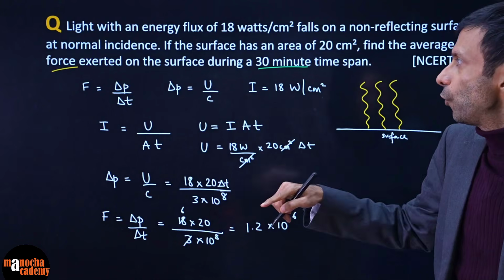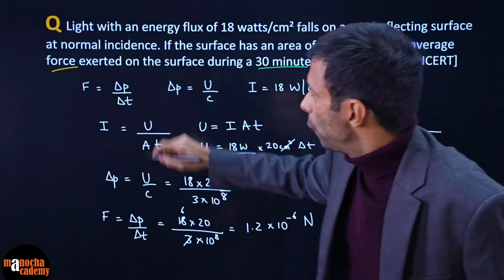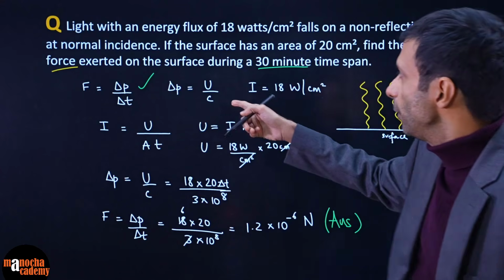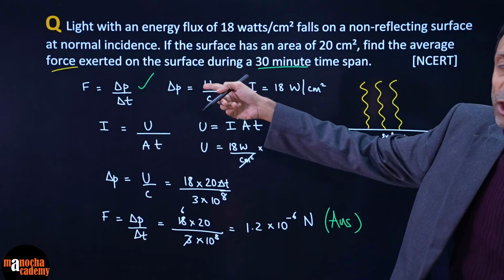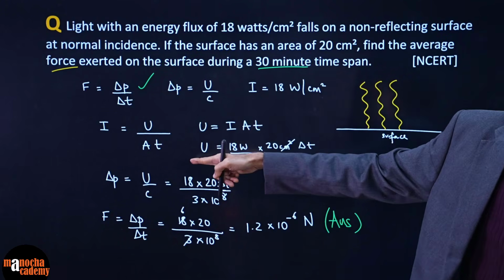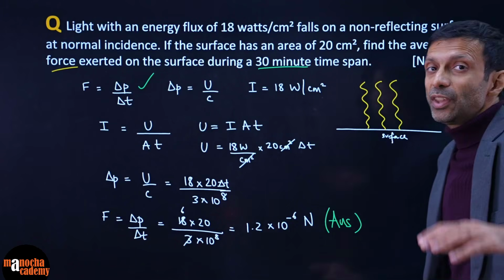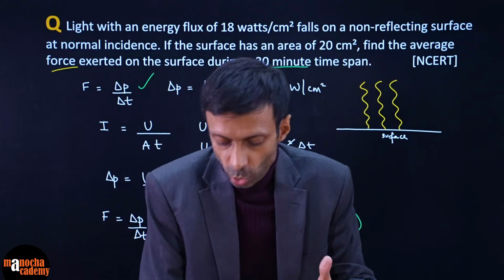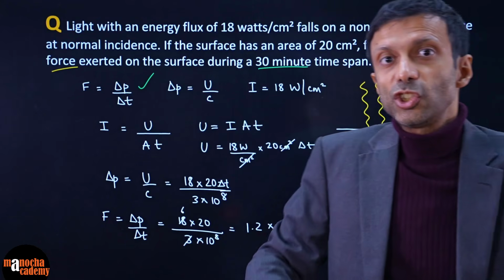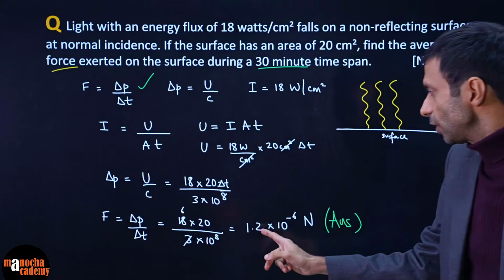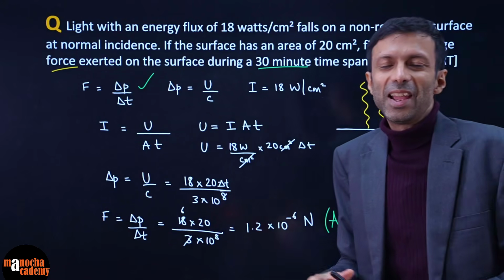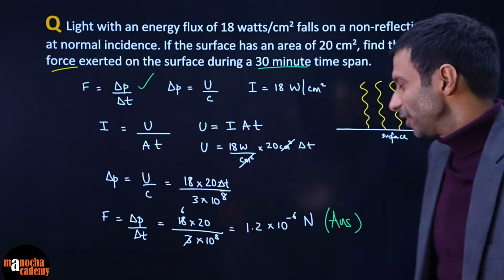This is how you work it out. Because we got force, we worked it backwards. Force is rate of change of momentum. That means I need the momentum formula. That means I need energy density. From energy density, I get it from the intensity. You work it out, delta T cancels, you can easily solve it. And if they had given you a perfect reflector, meaning all the light is reflected back, then the change in momentum is doubled. So the force answer will be exactly double of this. Exactly double of this. Got it?